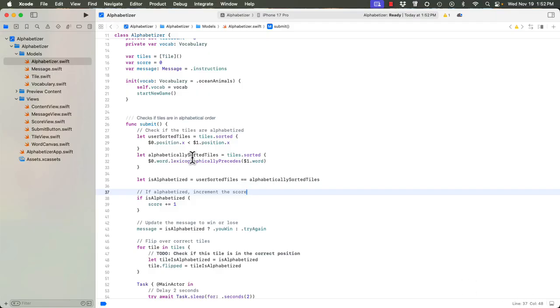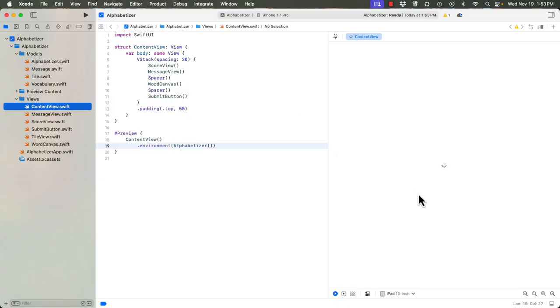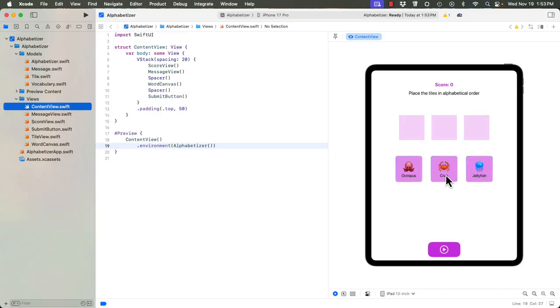So now let's go back and check if this is working. So remember, we take the tiles that are in order based on what the user did, and then we're alphabetizing the list of tiles, and then we're checking if they are alphabetized, and then we're updating everything accordingly. So now we go back, and here